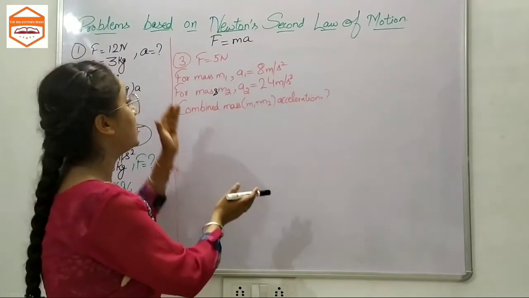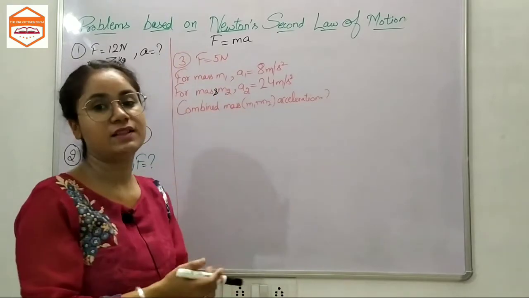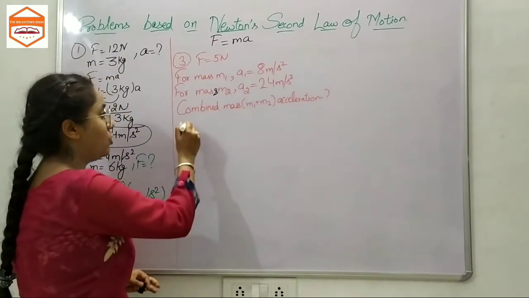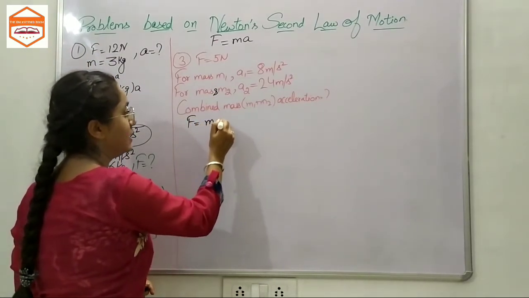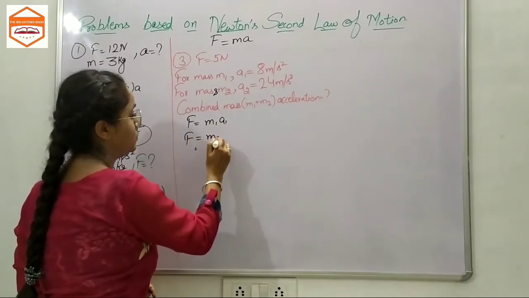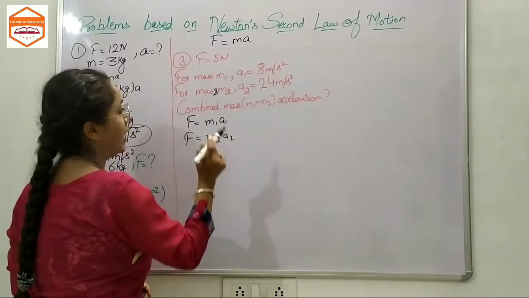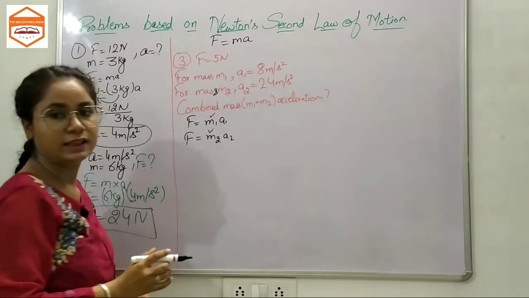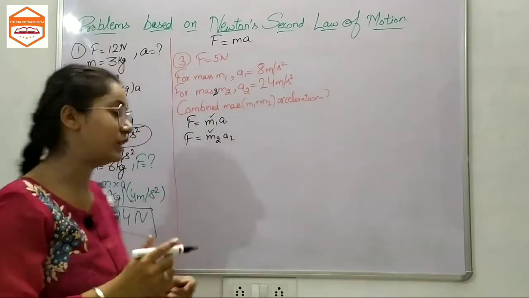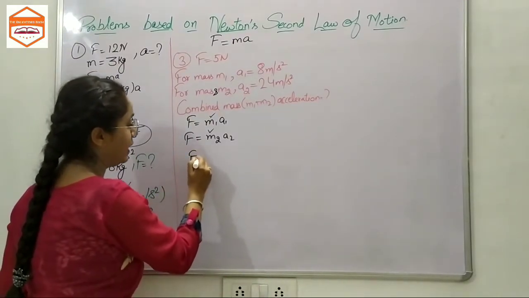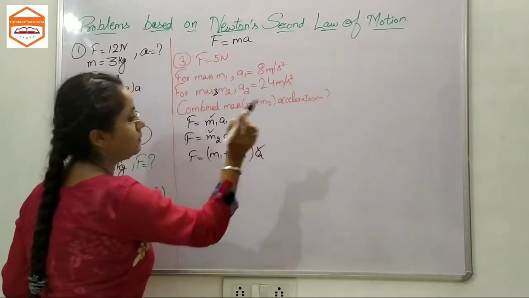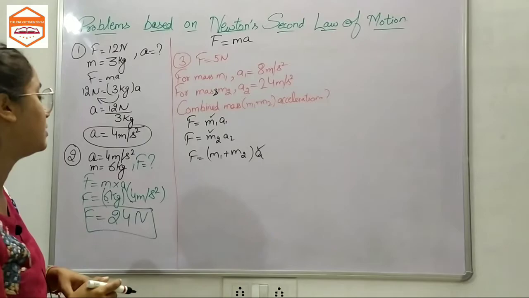That means when we combine these two masses, what acceleration will we get if the same 5 Newton force is applied? Now as the force is applied for both the objects, that means for mass m1 and for mass m2, you can get the values of both the masses, and then you will combine those values and put them in the formula again. It will be like this, and then you will get the combined mass acceleration. So let's get started with it.